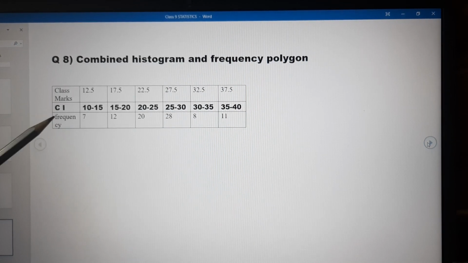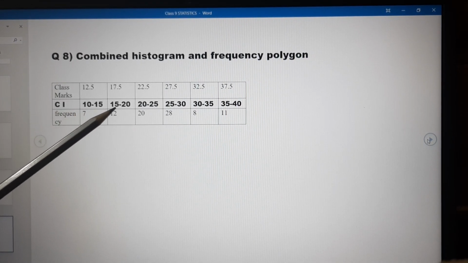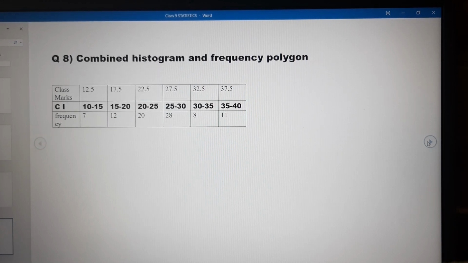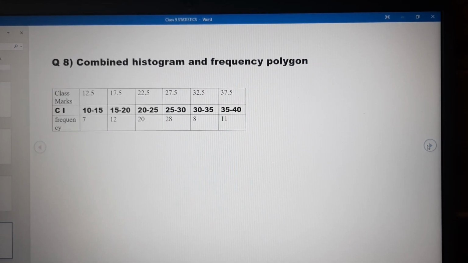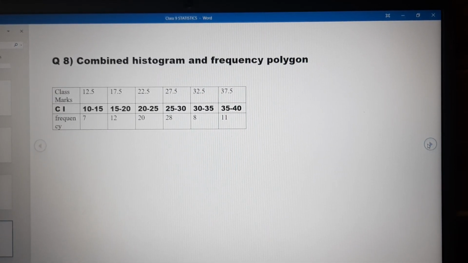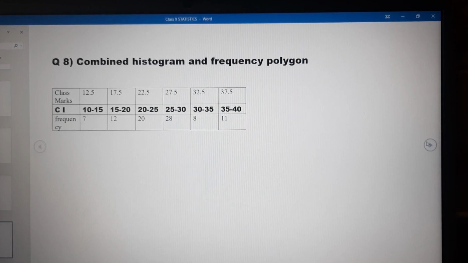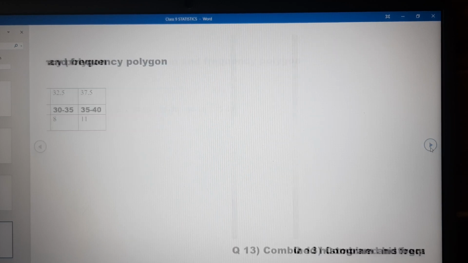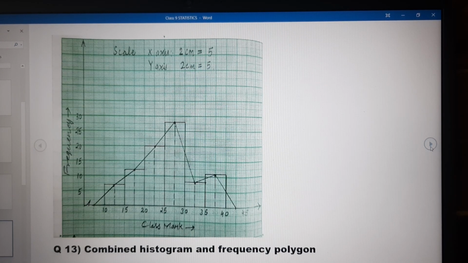As we can see, class intervals are 10, 15, 20, 25. So a gap of 5, 5 we have to take. Fine. And the frequencies have been given: 7, 12, 20, 28. You can see that all are even numbers. So we can take the